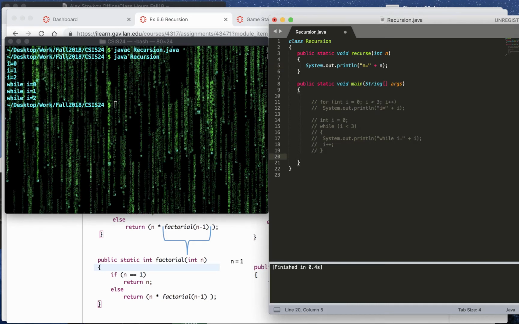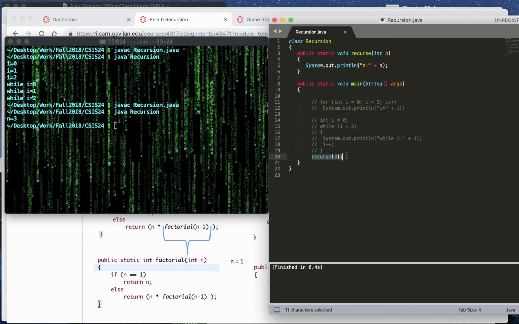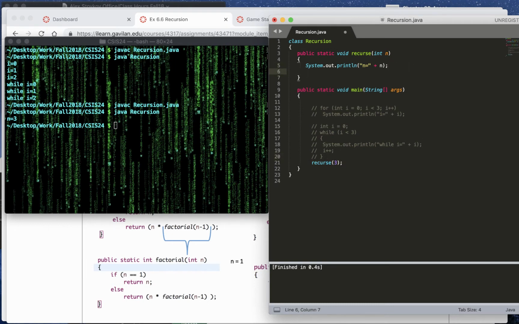And then I'm going to call this from here, recurse, with the value of 3, save it, compile, and run again, and okay. So I can simply call the method like so, because I made it static, sending the value of 3, and you can see that it shows. Now, I'm going to add a couple of things. I'm going to leave this System.out.println,